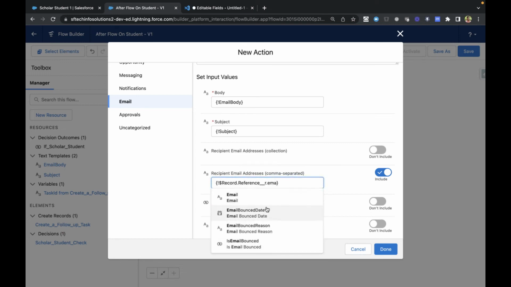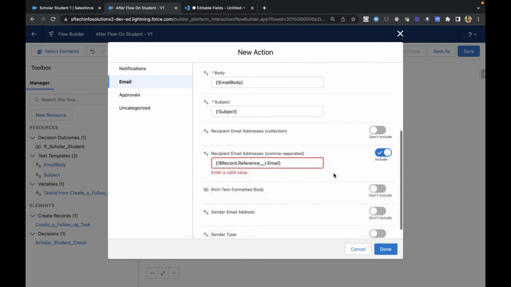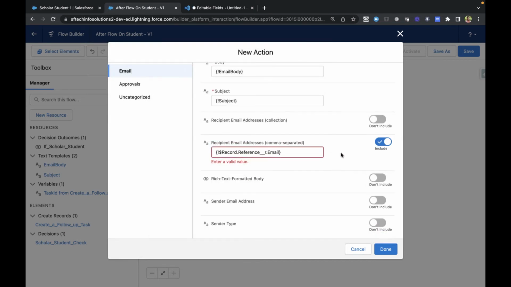Reference contact. You can't directly choose reference, you have to choose email. So reference is a contact lookup dot email. So we are going to send to the contact's email here. If you would like to define multiple emails, you can define them comma separated. Okay. Then